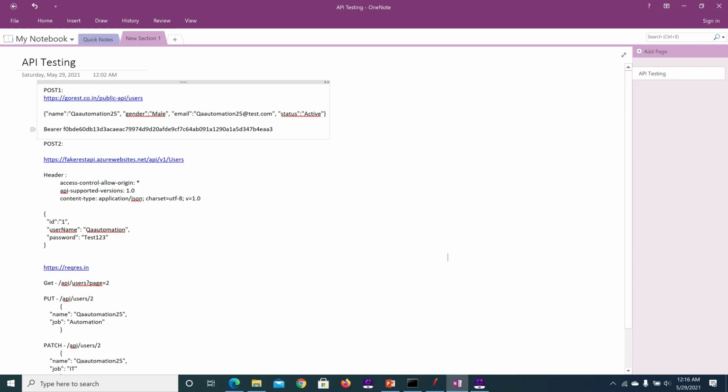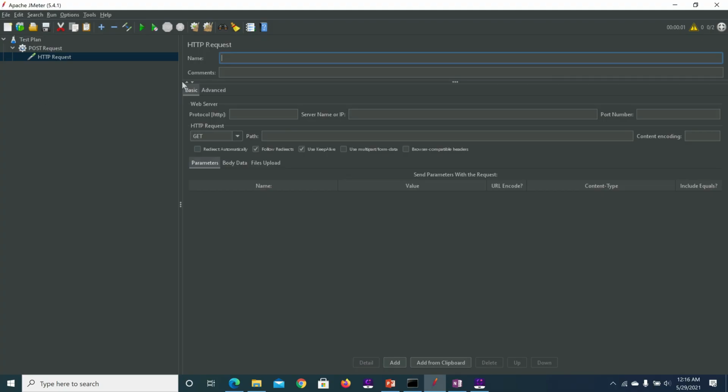To save time, I have captured the required content here. Let me show you in the browser as well. First, we are going to hit this URL. I am going to paste it over here, removing this path and pasting it in the path location.